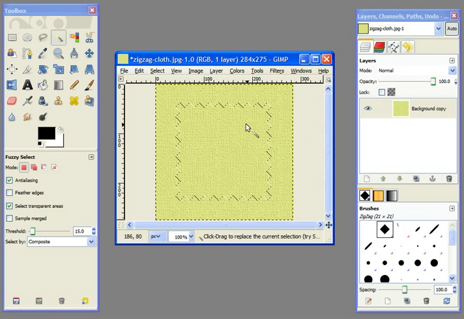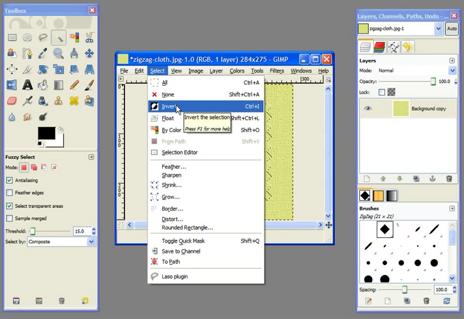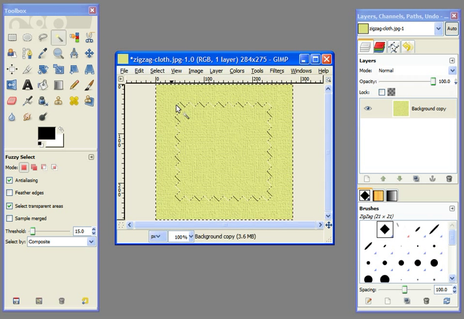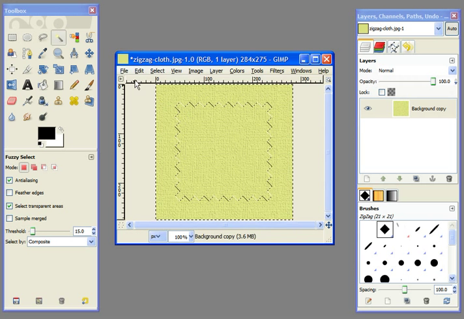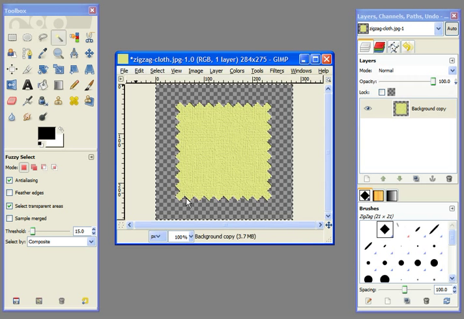invert that selection. Now this is the simplest way to do it without using layer masks or anything, so that's why I'm recommending it. But you invert the selection, and then you can just hit the delete key or go edit clear. Now this makes the outside transparent. This works because, again, we had added an alpha channel. If you hadn't added the alpha channel at this point, it would have made the background white, or whatever your